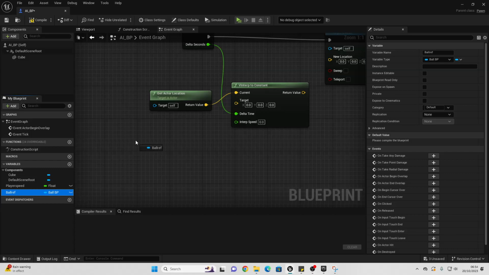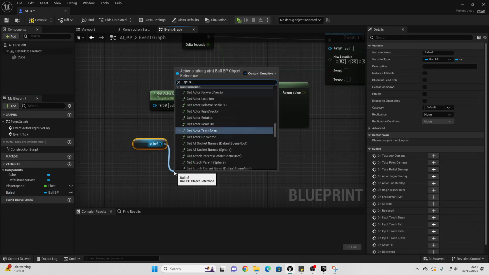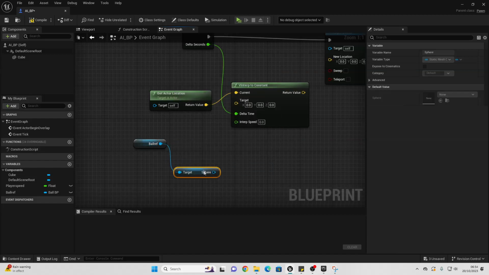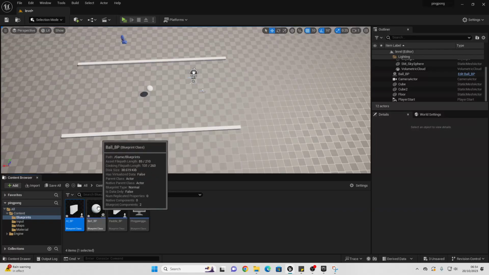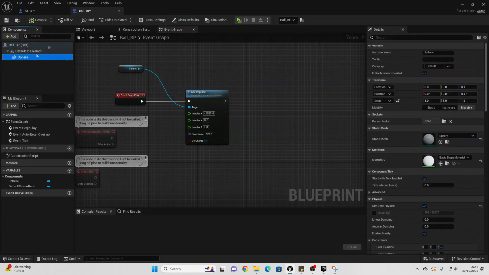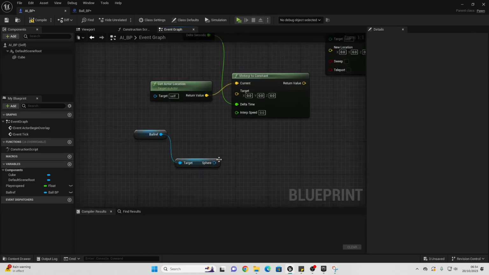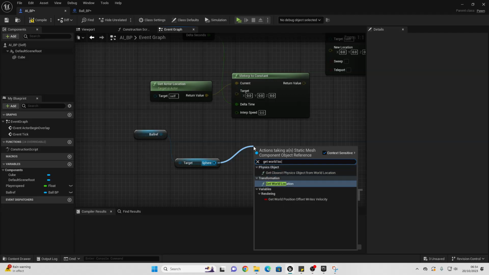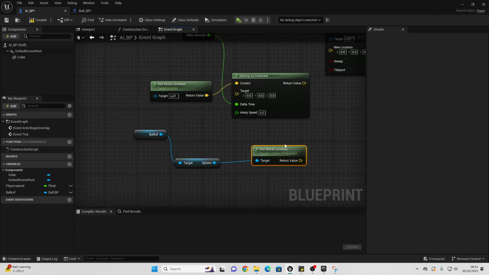For the target value, we create a new variable and call this Ball Reference. For the variable type, we look for the ball blueprint that we made earlier and select Object Reference. Then we drag in the ball reference, drag off here and look for Get Sphere. If we scroll down, we want this one. Inside our ball blueprint, we want to get the location of the sphere. Then if we drag off here and look for Get World Location,